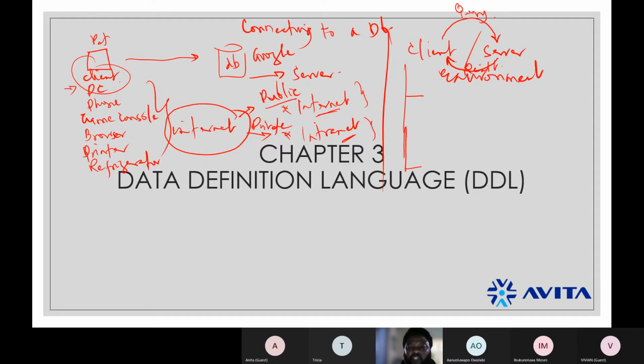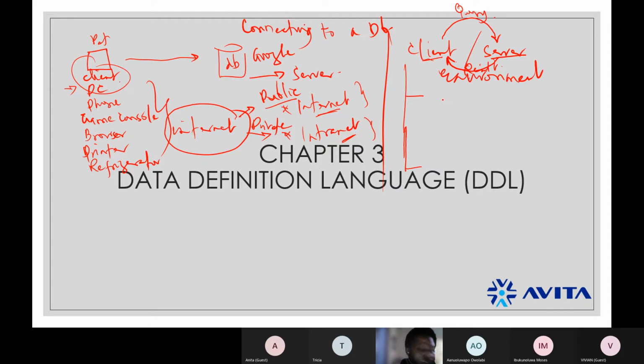But there are situations when the information is not on your system. You say you have a client server environment. That is, the client is on a different machine, the server is on a different machine, like when you want to query Google. Google is not on your phone. The database of Google is not on your phone. But you have a web browser that you can use to access Google. So you are the client, and you are accessing information that you don't even know where it resides. That's a proper client server environment.